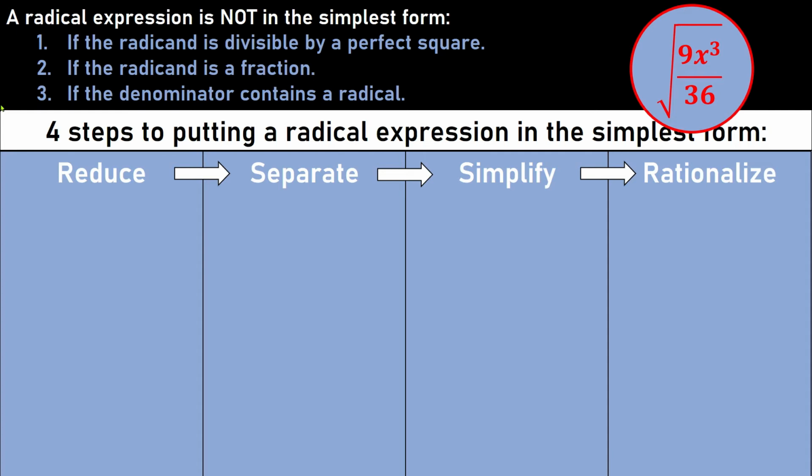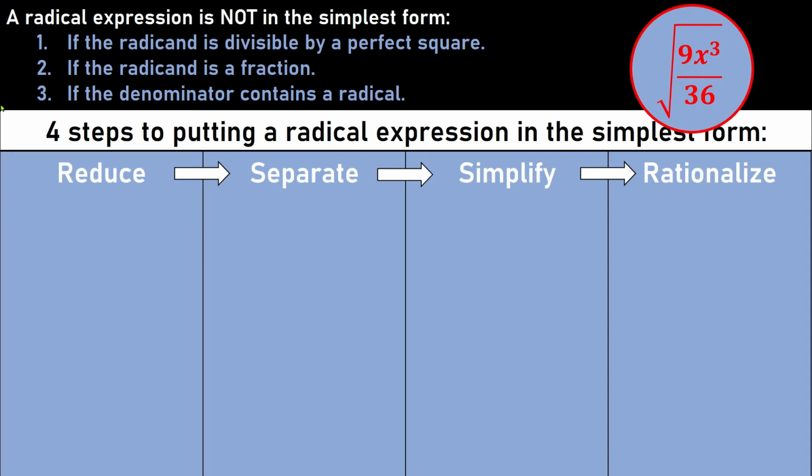You should write these examples right underneath the notes that you just took. So just keep going down the page and write these examples, and each column will have a step in some of the 4 columns going across, depending on how many of the 4 steps we need to use for this problem. So on our first problem, we have the square root of 9x to the third over 36,